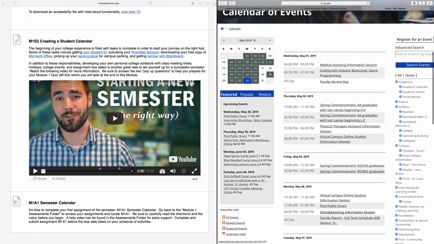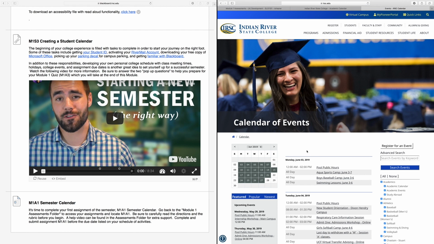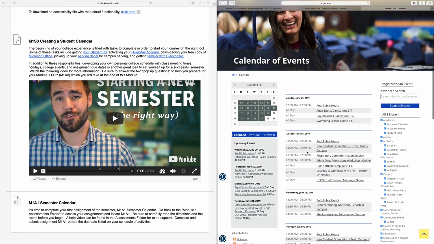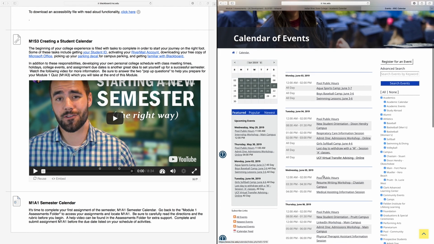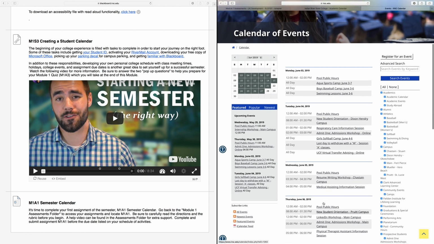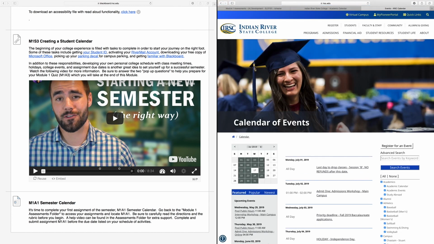Here's a dental assisting information session. Have you ever thought about being a dental assistant? Have a look, add it to your calendar. If you don't see anything, go on to the next week. So now I'm into June. There is respiratory care information session. There's a UCF transfer session. There are LinkedIn workshops. So there's always events going on at the college, and these are routinely added throughout the